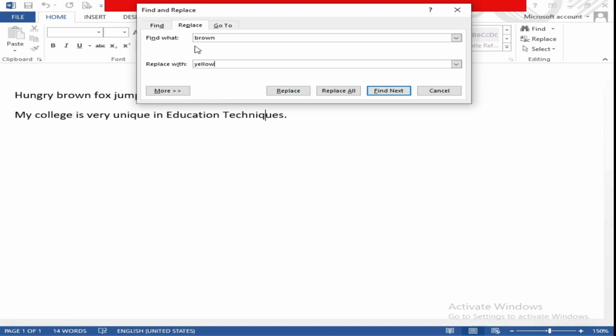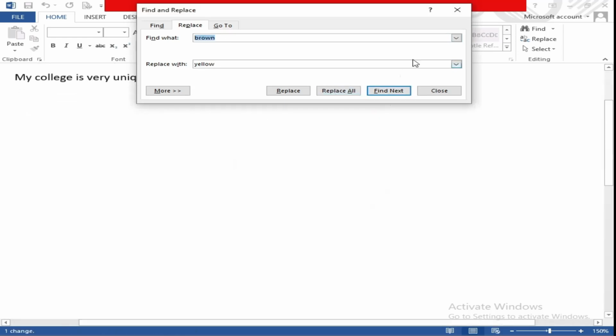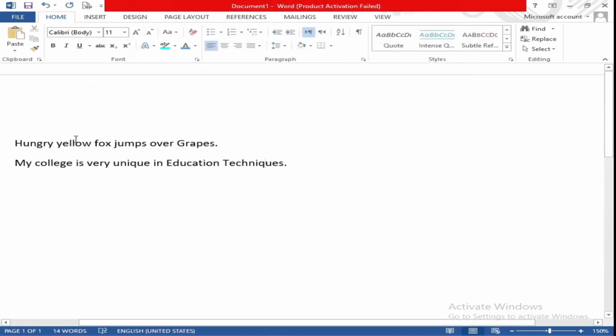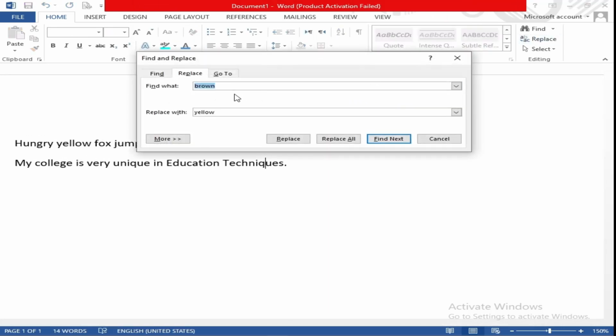If there are 1,000 words in which you have written brown, it will automatically change them to yellow. As you can see, it has automatically changed brown to yellow. In this way you can change any word.